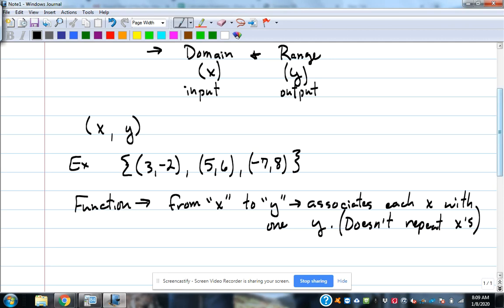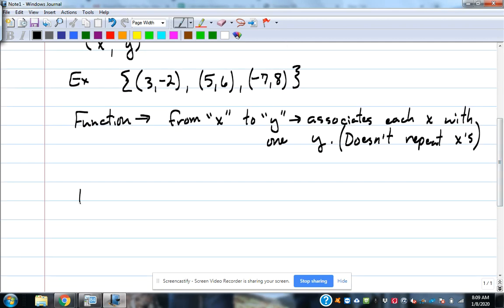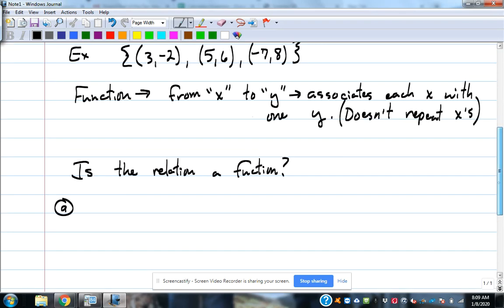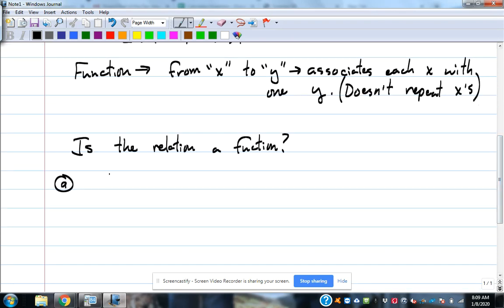Is it a function? And I'm going to use letters to do my examples with, because that's what I use a lot. So, all right, we'll start with just a set of ordered pairs: (2, 3), (-3, 5),